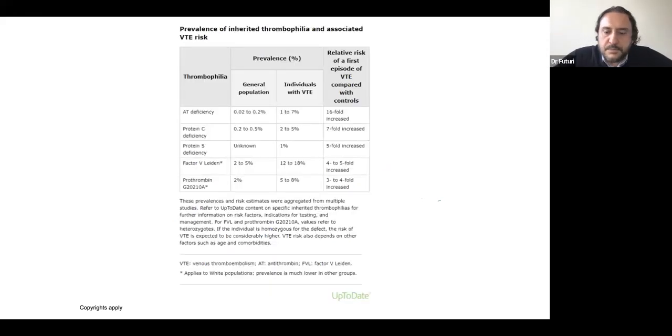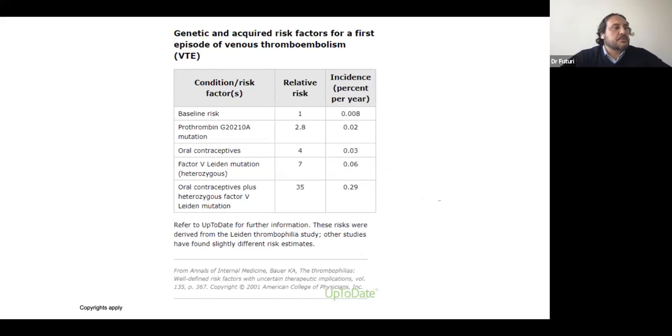So the prothrombin gene mutation, as you can see, the relative risk for a first episode versus the general population is about 2.8%. For example, someone that is on an oral contraceptive, that risk is even higher. Patients who have factor V Leiden mutation, that risk is about 7. But someone that has a factor V Leiden mutation, a homozygote, which is not common, that risk is much higher. But if that patient is taking, in addition to that, an oral contraceptive, you can see how much higher that risk is. And we'll talk a little bit about testing certain patients who may have a strong family history,